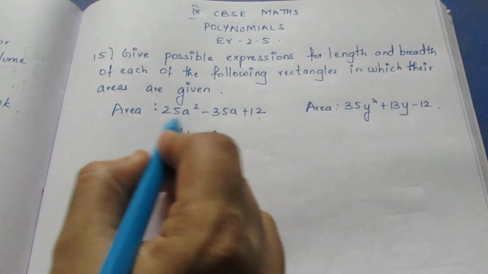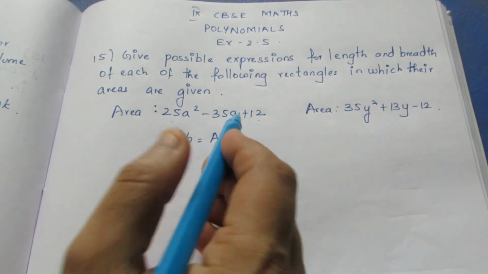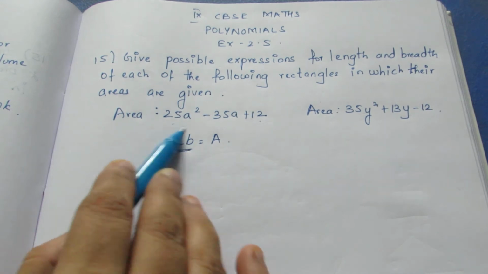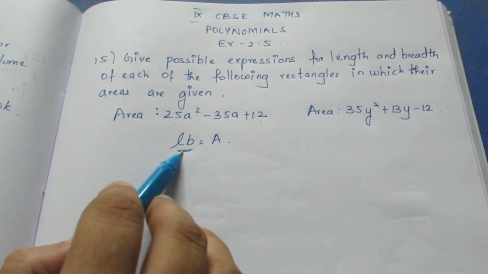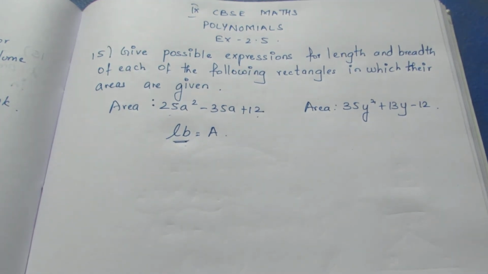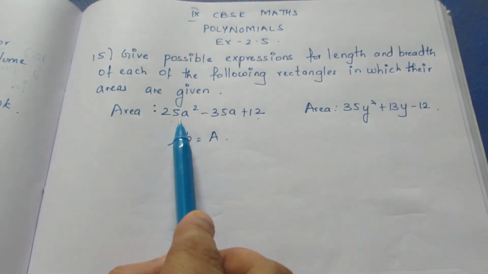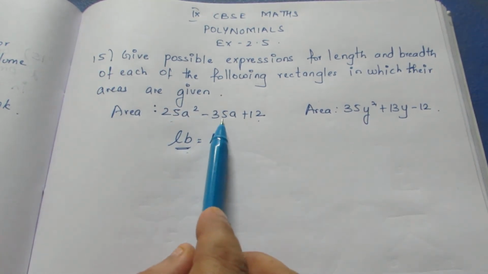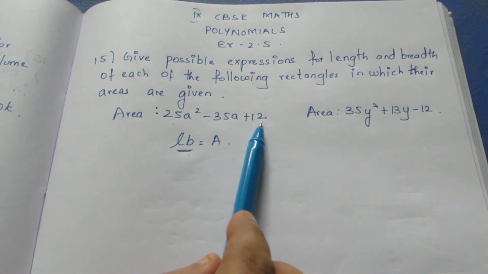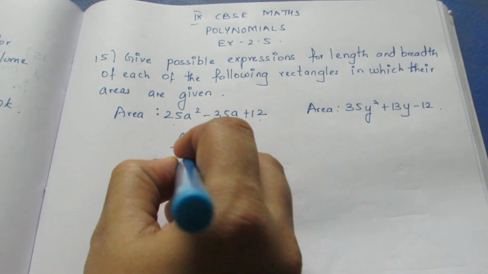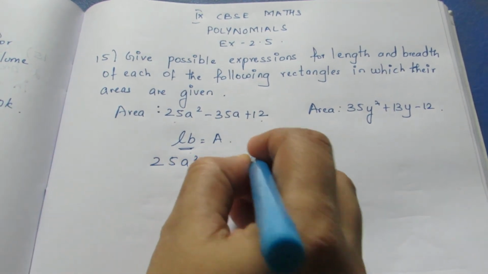Here this is a square number, but this is not a square number. We need to factorize this so that we get a multiplied form, that is L into B. For that I need to factorize it. For factorization, only splitting the middle term can be done, because here we have a², a, and a constant term. If you get a square term, then an a term, then a constant, we can only do splitting the middle term. The question is 25a² minus 35a plus 12.